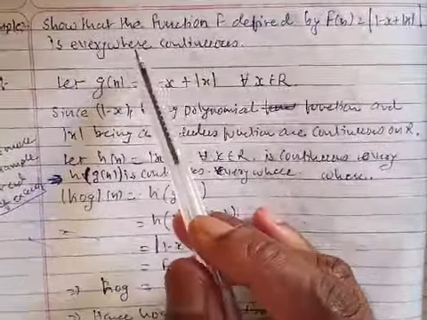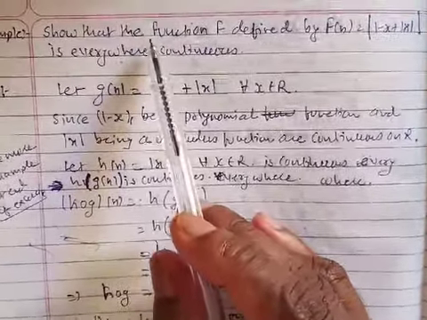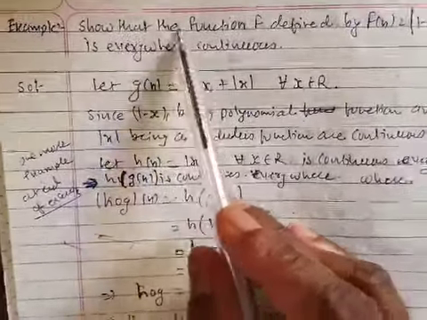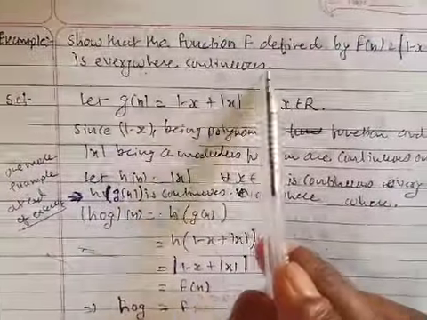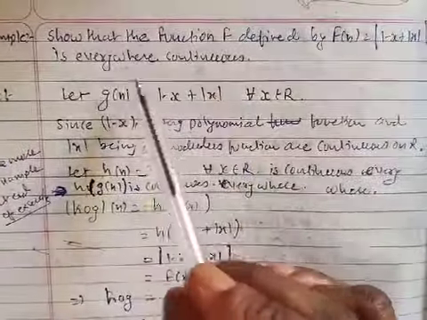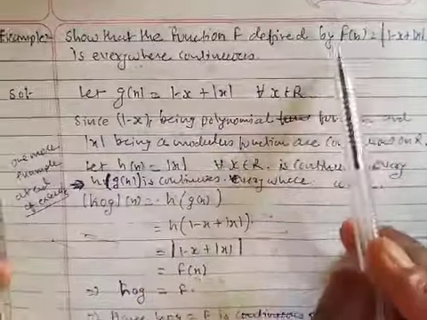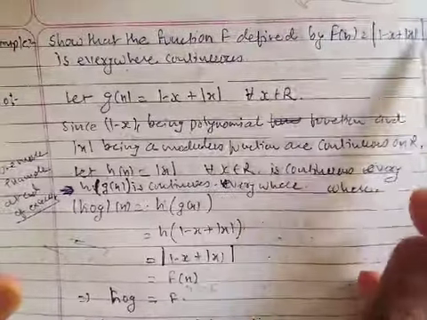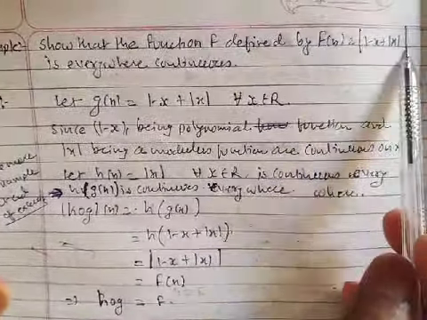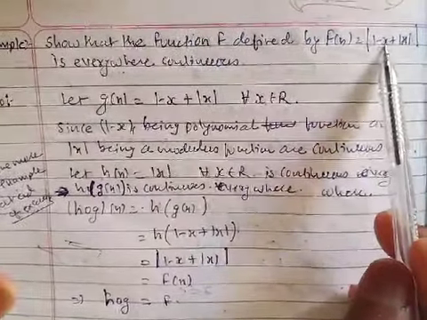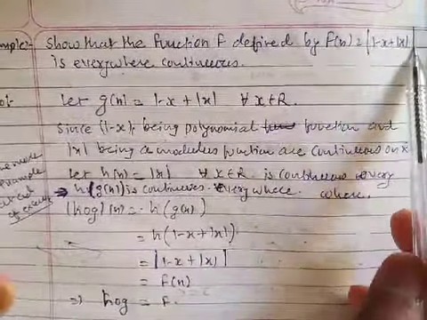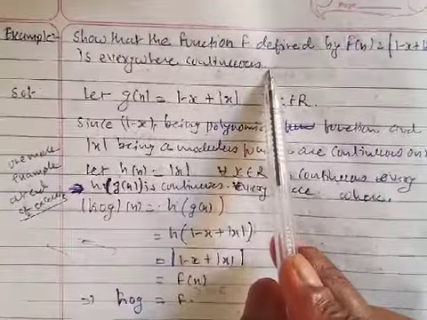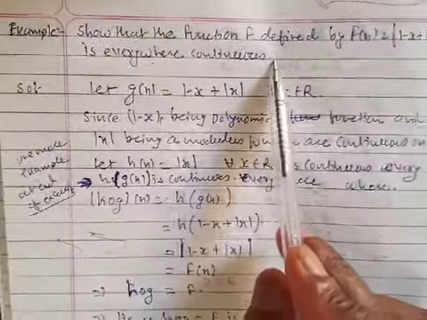You may think that it will be difficult, but if you do a little practice, you will get how to prove it. Let's see. This question is very important because it is asked many times in the exam. Prove that the function f defined by f of x is equal to mod of 1 minus x plus mod of x, where this whole function is again under the mod, is continuous everywhere. So fog, we have to prove it is continuous.